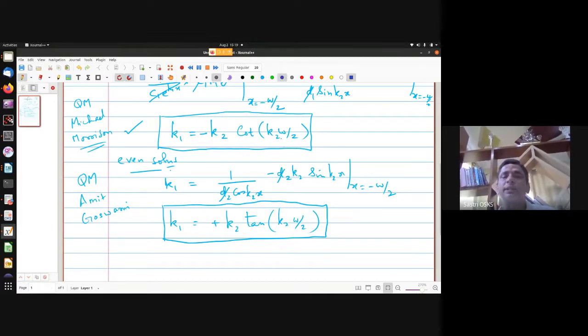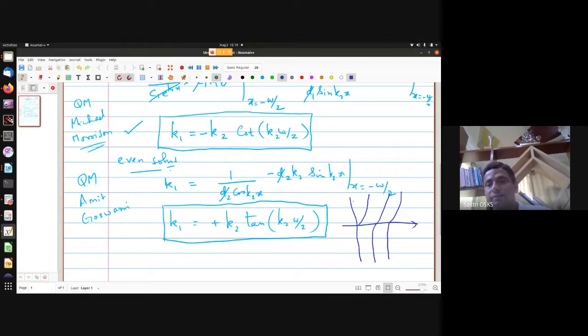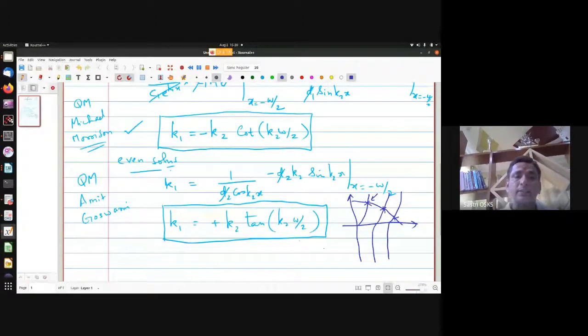After this, what most of the teachers do is they draw the cot function, and then they draw the tan function, and they say you know what I mean, right? So we tend to draw these curves like that, and this will go like that, and nobody does anything actually. They simply copy from the book. So this is the basic problem, right? You simply copy the whole thing on the board, and then we don't even know how to obtain these things.